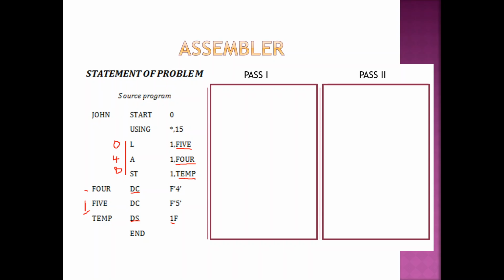First pass, you will read line by line, keep allotting addresses. So once you come to temp, you would have allotted addresses for everything. Again pass 2, when you go again and look into it, now you will know what is the address of 5. So replace 5, 4, temp and all these things with the actual addresses. That can only happen during pass 2, because in pass 1 we don't know what is the address, so we need one more pass. So again we have to start from the beginning, read line by line. So at pass 2 you will know what is the address of these symbols.